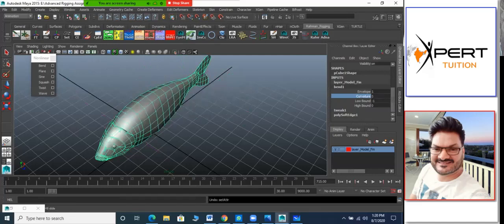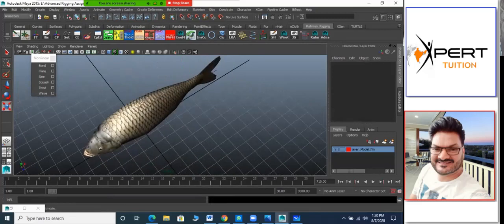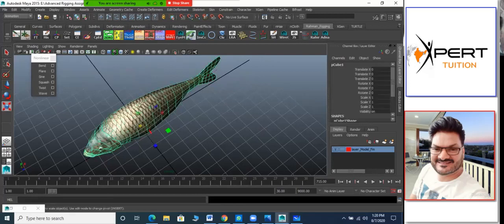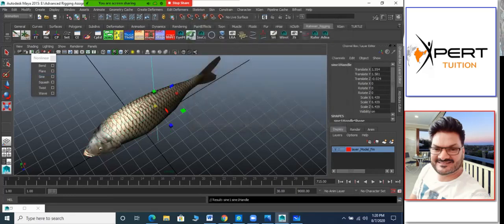So I'll keep this one deformer, and I want to add more. Only one bend is happening. I would like two bends also in that one, like a sine kind of wave. So I'll put another deformer in that. So select that and go for that one also, the sine deformer. Apply again. Again, the rotation is the problem here.